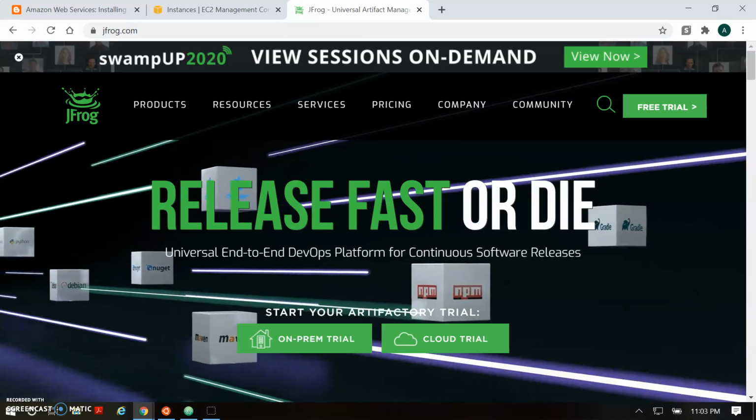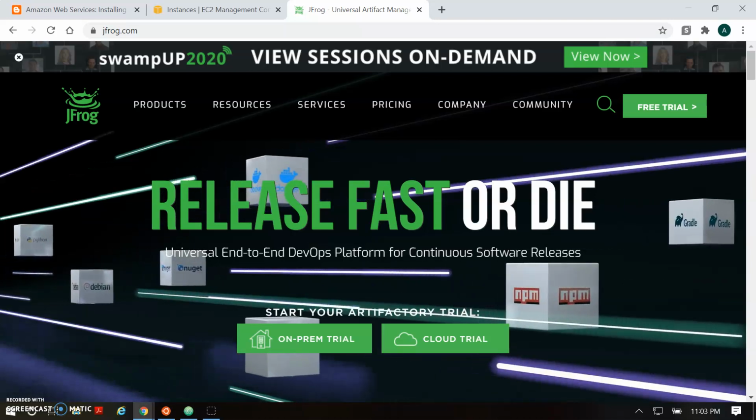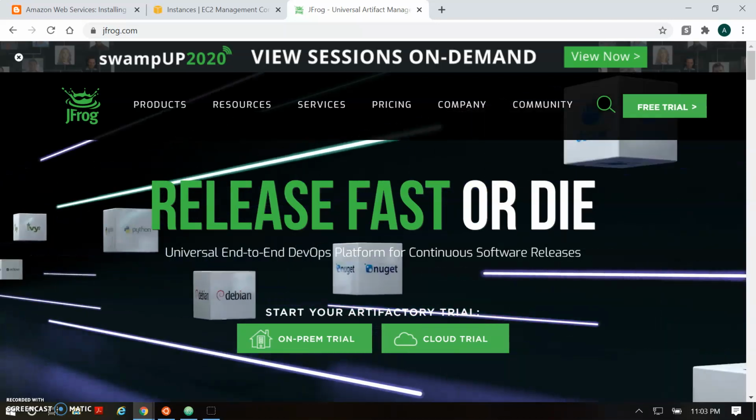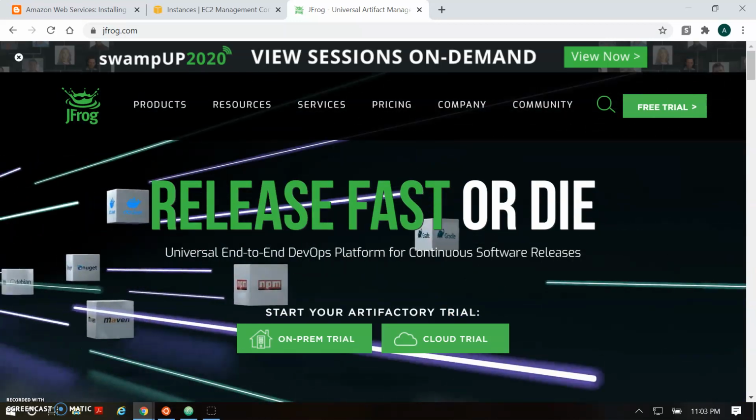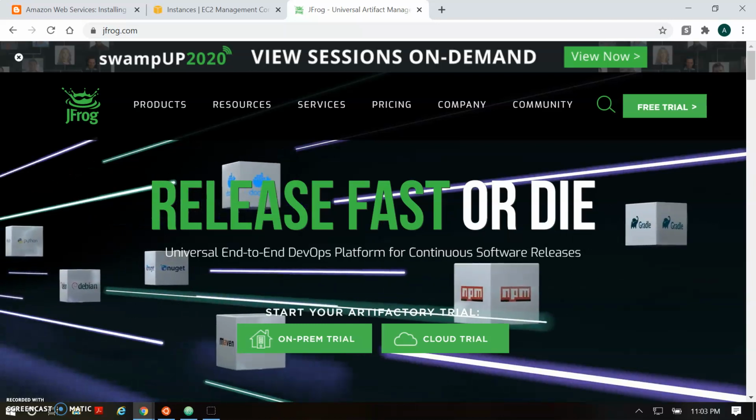In this session we are going to understand to a deep level from the starting basics, how to install and how to configure. We will also understand how to deploy. So let's have a look.